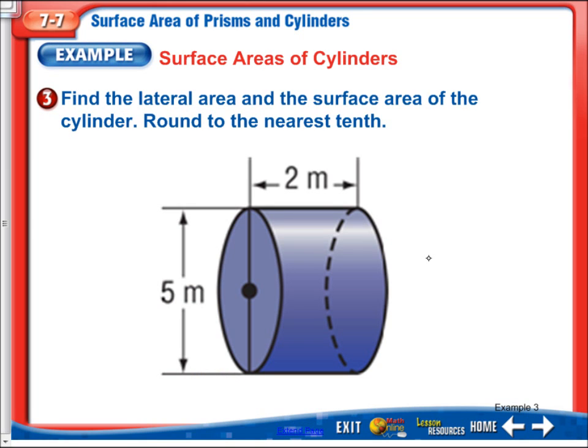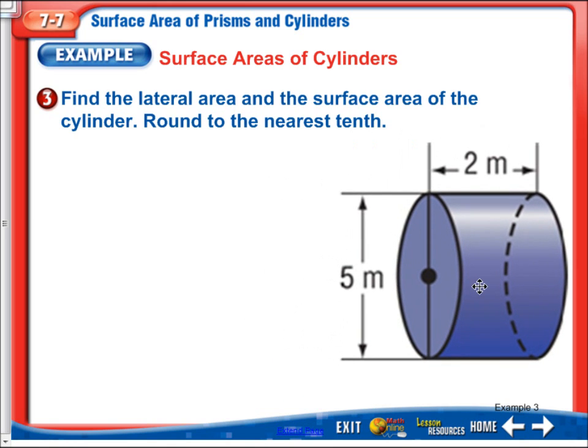So it says find the lateral area and surface area of the cylinder, round to the nearest tenth. Okay, so let's do the surface area of everything all together. So I'm going to take my circumference times h plus 2 times the area of the base. Okay, so surface area equals my circumference. Here I have my diameter, so I'm going to do 5 times pi, or d pi, times my height, which is 2. Okay, so I have 5 pi